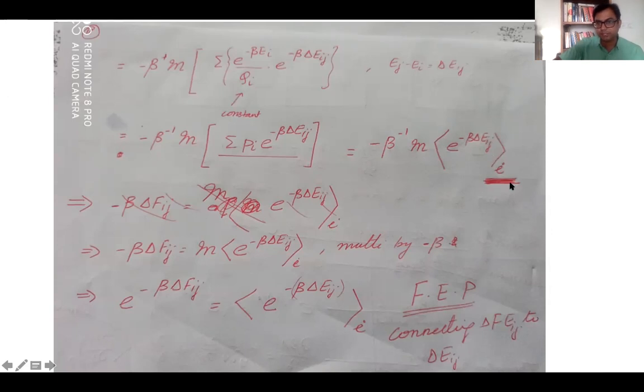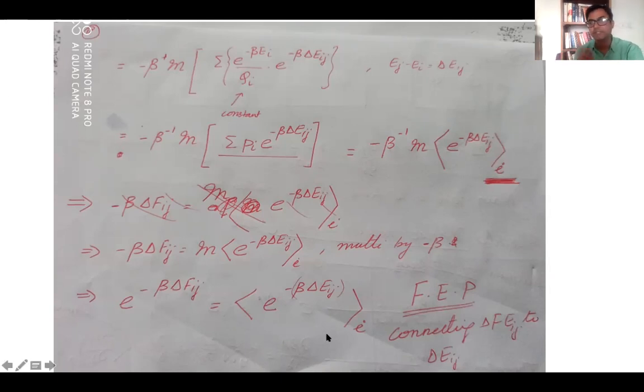So this is something that you should not forget, because many people tend to forget that all the calculations are being done with the configurations that are generated at the reference I, or the state I. So then you do some algebra, multiply with the beta term, and take an exponential on both ends, and you end up with one of the most important free energy equations, called exponential averaging, or the free energy perturbation equation, that connects the free energy difference between the state I and J